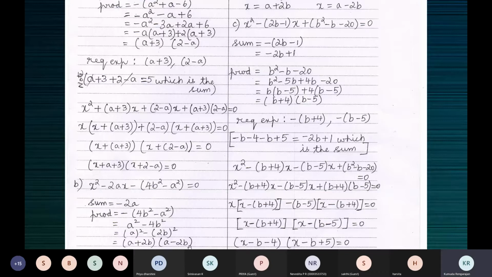So we factorize this. How can we factorize this? This is like a difference of two squares. x square minus y square is x plus y into x minus y. So here we have got two simple expressions, a plus 2b and a minus 2b. Now using these two, maybe you have to attach a negative sign. Now they are positive, so look at them as two different expressions, a plus 2b and a minus 2b. You need to use these two and get the sum as minus 2a.